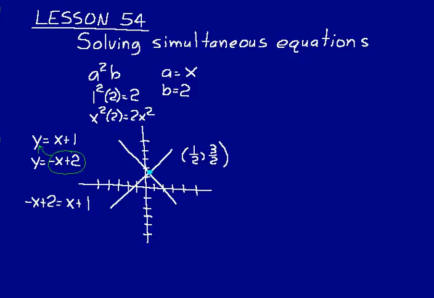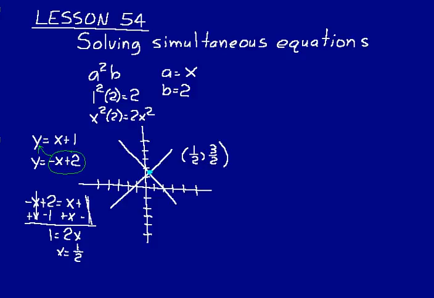See, now we have one equation and just one unknown value, and so we can solve it for a specific numerical answer. And so we add x to both sides, and at the same time, why don't we just go ahead and add a negative 1 to both sides. So the x's cancel there, the 1's cancel here, and we end up with 1 is equal to 2x. Divide both sides by 2, and we get x equals 1/2. So we have half of that point there